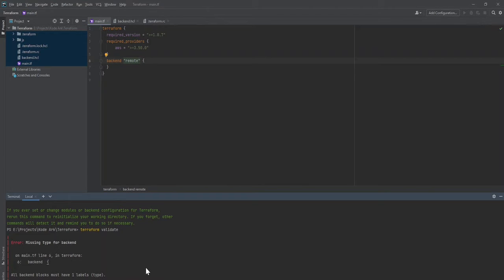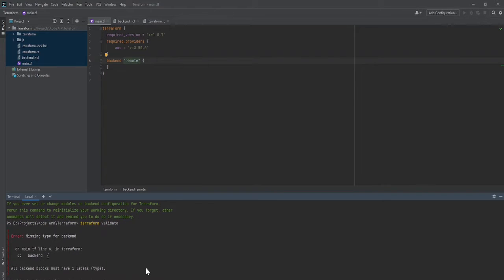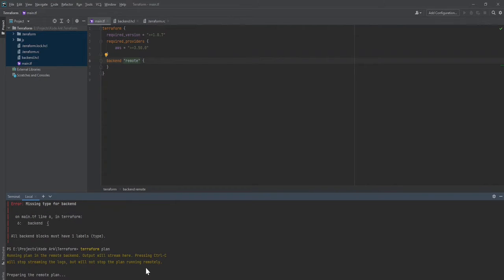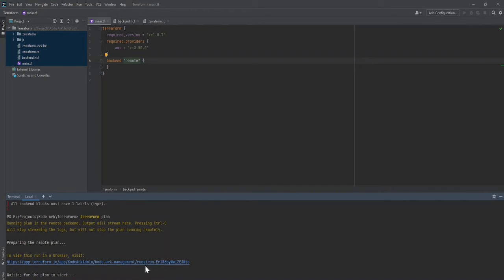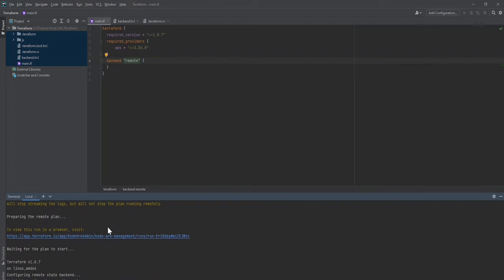The plan command is basically used to show changes required by your current configuration. If I run terraform plan, it will speculate the plan and generate the dependency graph as per your current configuration. If you want to see how it's going to run, because we have linked our cloud, you can click this link.